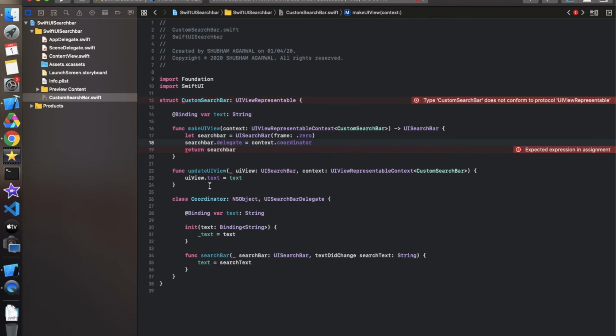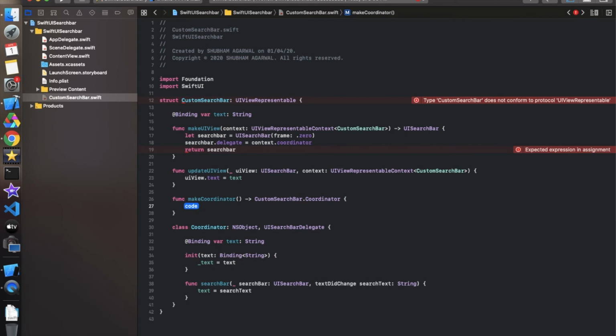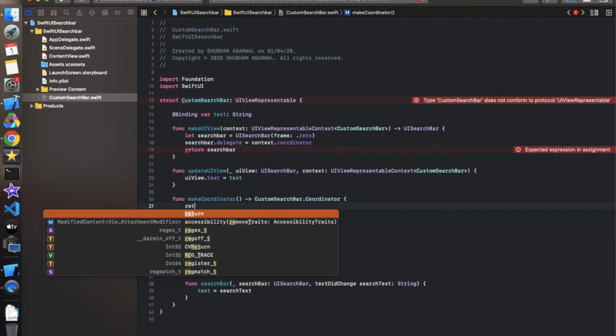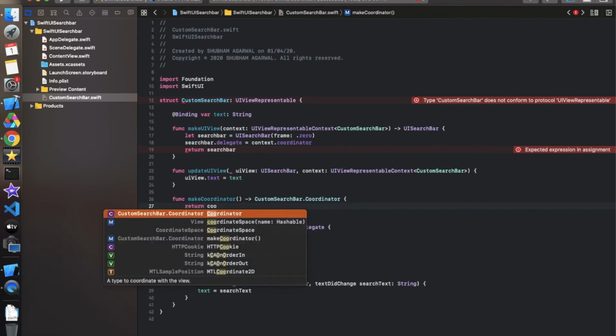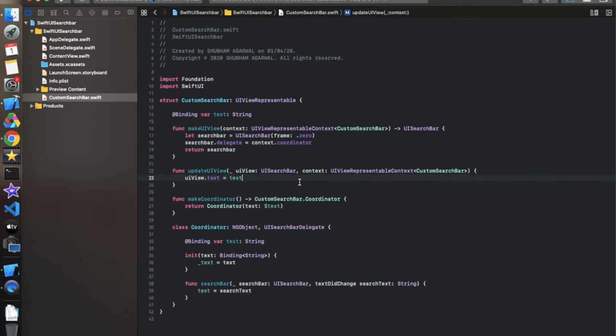So this will call one method, and that is makeCoordinator, this one, and in this we have to return this class, return Coordinator, and that's a class. We have to provide one bindable property over here, and that is text, $text. We are using dollar because that's a binding property. So this text is this one. So whatever is updating over here will go into this text property and it will be assigned to this view. So let's see how we can use this thing in that content view.